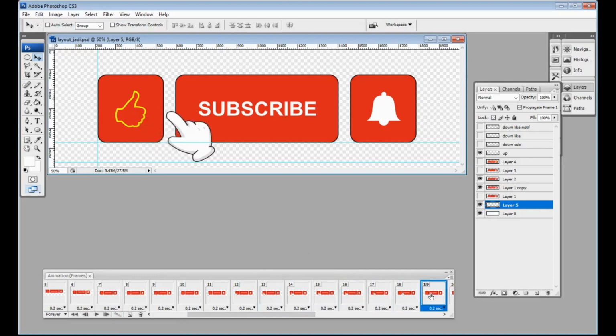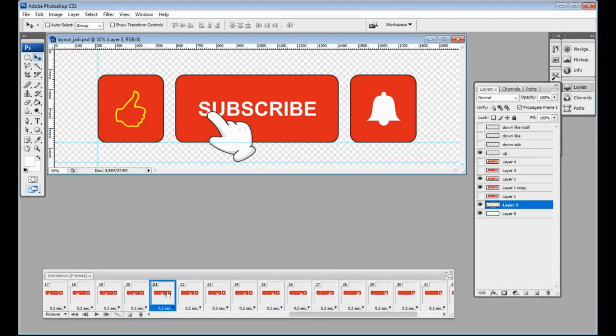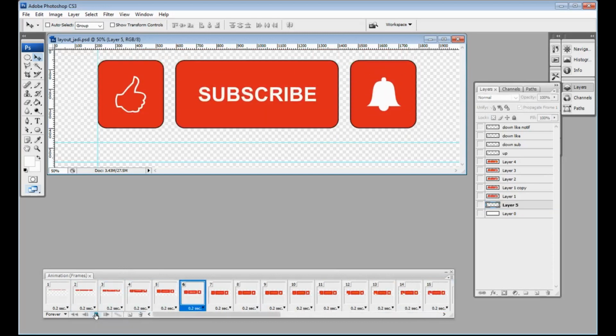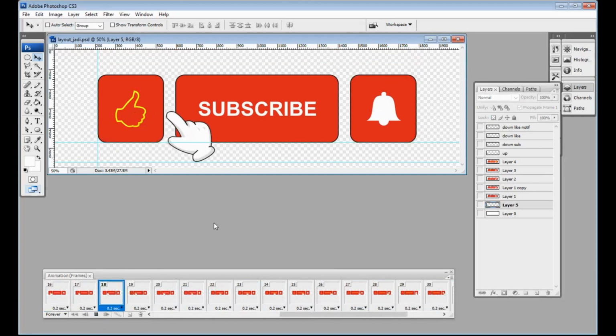Then move a step, then finish. Okay, we can play the animation. It looks like this. Start. 1, 2, 3.